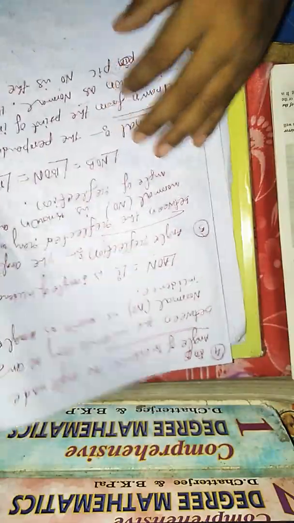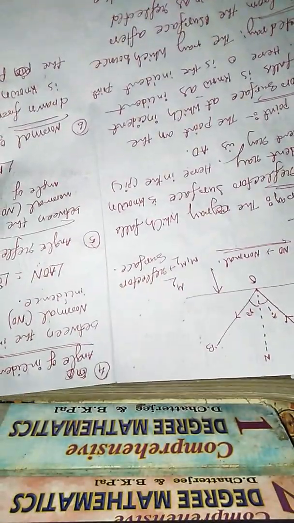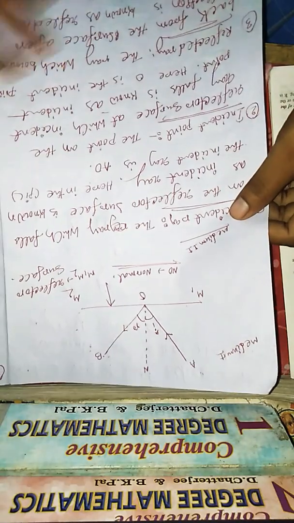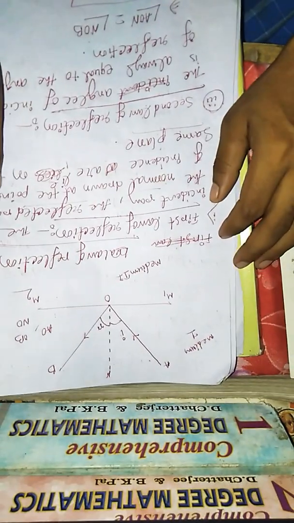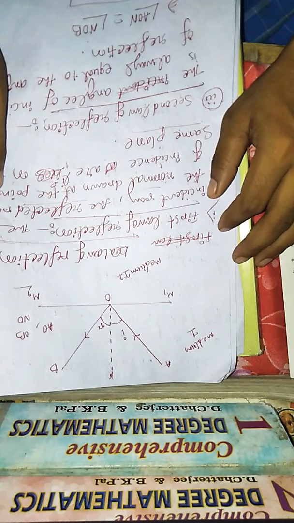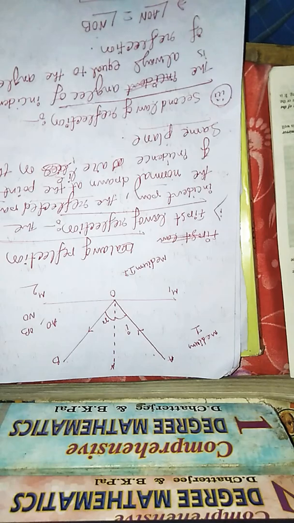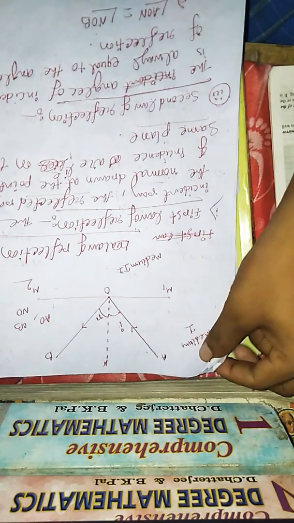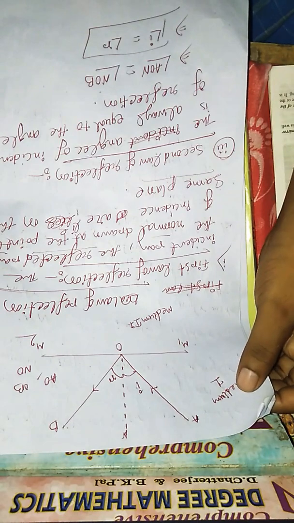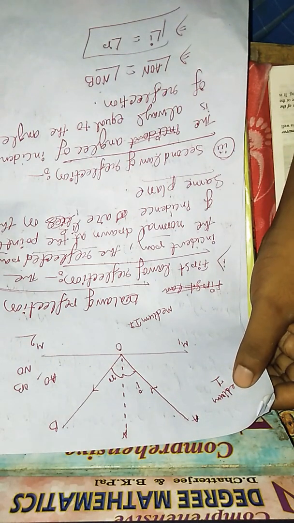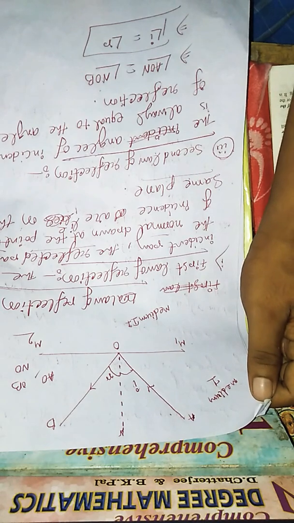Okay, so these are the first and second laws of reflection, and all the definitions related to the reflection of light. I discussed them briefly with you, and also with the picture. So if there is any problem, please notify me. Don't worry about anything. If you have any problem understanding any definitions or any picture,